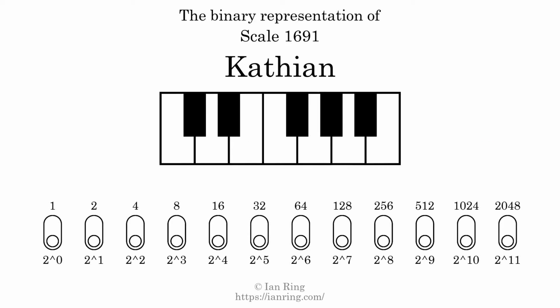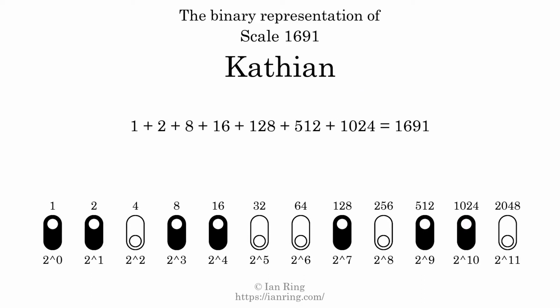The binary representation of this scale is determined by mapping tones of the scale to binary digits. Each binary digit represents a power of 2. To get the scale number, we add the powers of 2 together. The powers of 2 that are present in the scale, all added together, equals 1691. That is why the scale number, in decimal, is